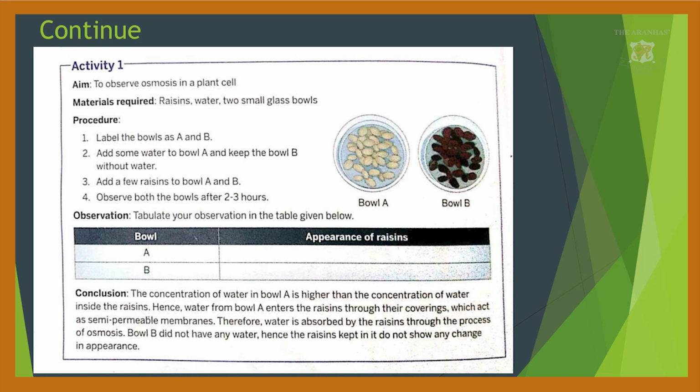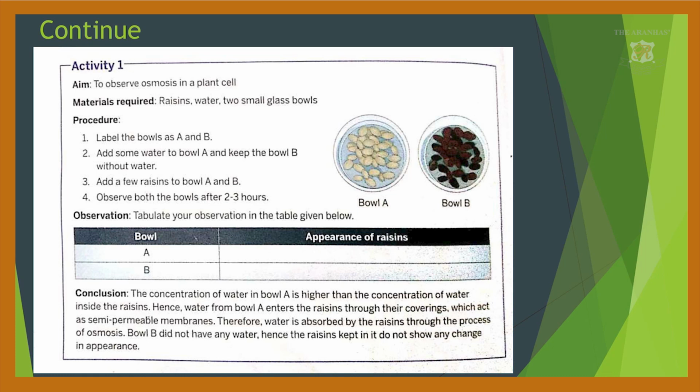They swell up, and this shows the osmosis process. Why are the resin seeds in bowl B not swollen? Because no osmosis has happened there. But in bowl A, the process of osmosis starts.